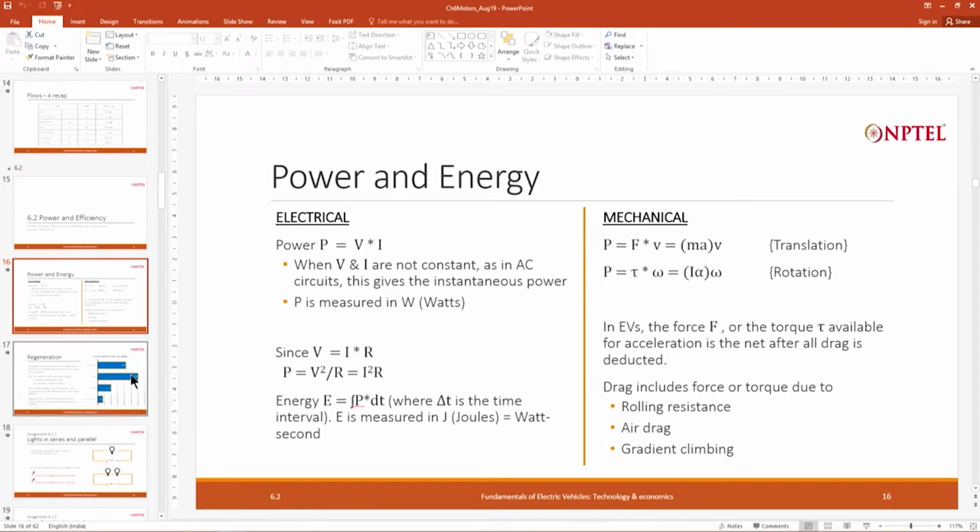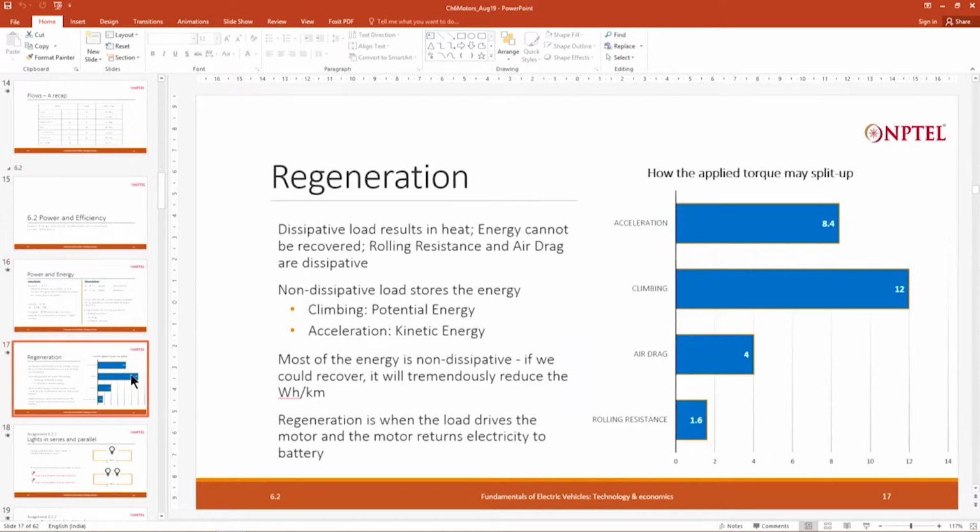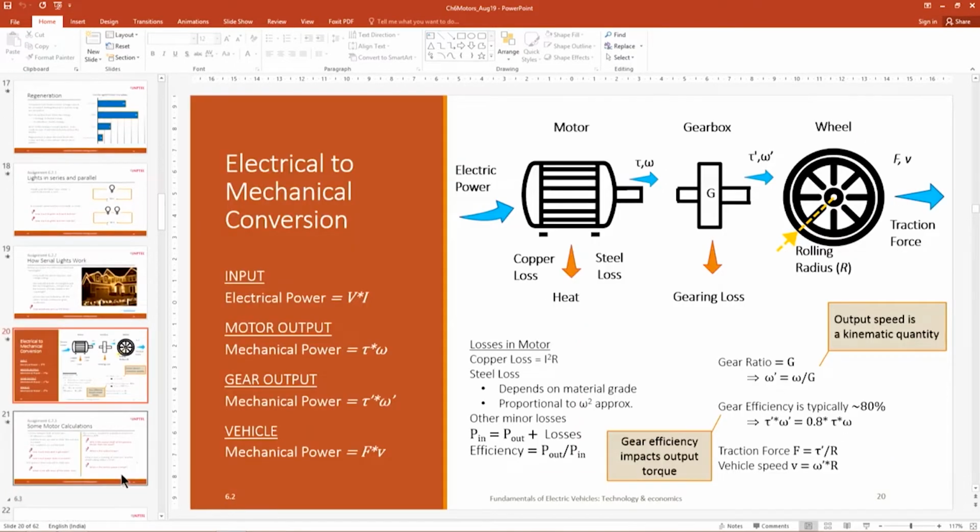And we examined what is called regeneration, which comes from the idea that some losses are dissipative, whereas some others are not dissipative, they result in storage of energy. We could possibly recover that and put it back in the battery. And